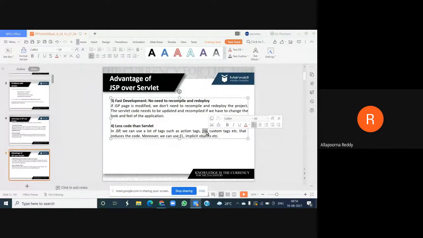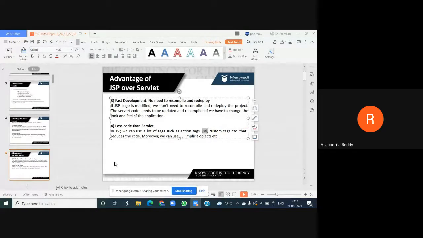And moreover, we can use our expression language and some implicit objects, etc. All these things we keep in one JSP file, which reduces the code and increases our scripting tags. Because of these four reasons, I can say I prefer JSP compared with your servlets.